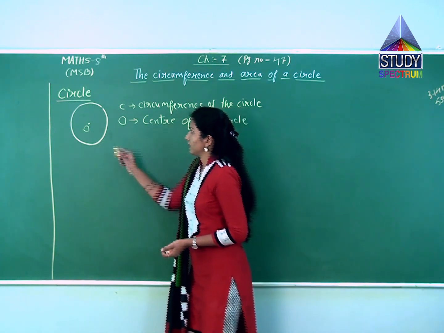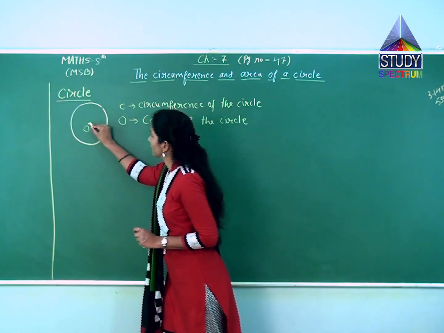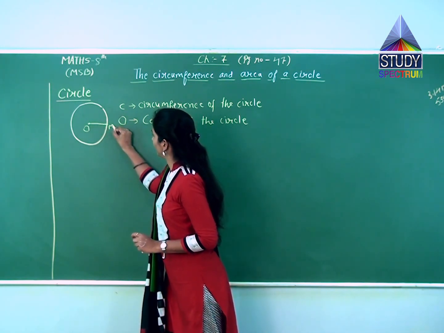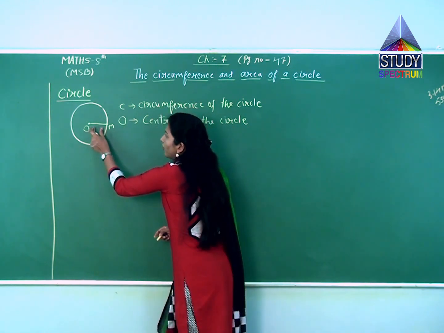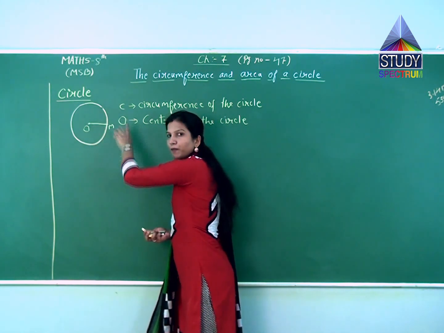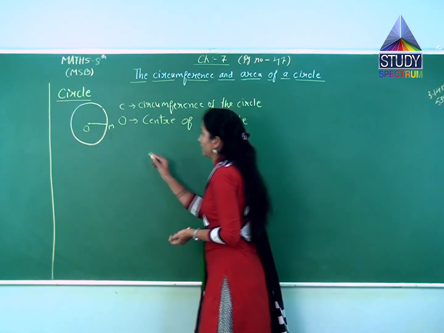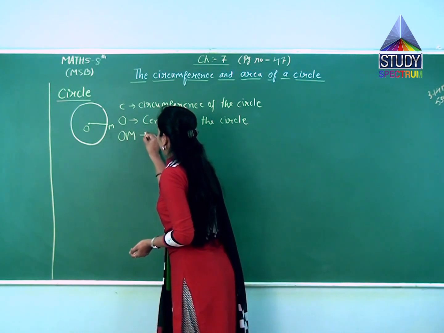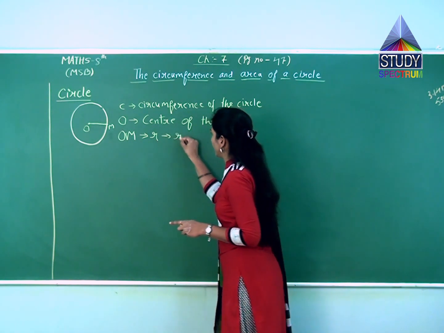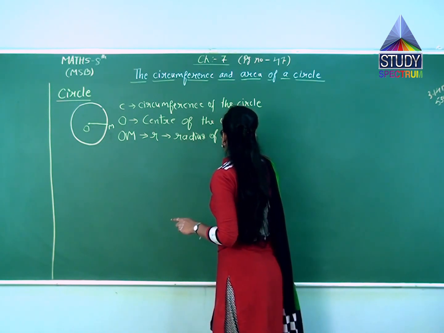Now, what is the radius of the circle and diameter of the circle? The distance from O to any other point on the circle. Means, if you write a line like this, and here I denote this point as M. So then this OM will be your radius. ऐसे ही सेंटर से आप सर्कल के किसी भी पॉइंट तक अगर एक लाइन ड्रॉ करते हैं, that will be called as your radius. So here OM is your radius, and radius is also denoted by the letter R. So this will be radius of the circle.